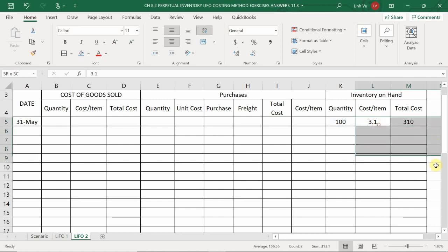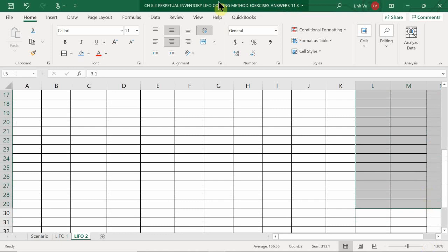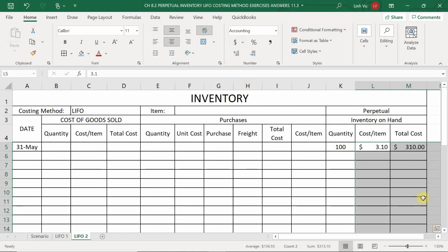I'm going to format this real quick. So this right here is 310, and that's what we started out with. Going forward, that's my beginning inventory. So when I continue doing the next problem, if I continue doing more purchases of inventory and I'm costing them out, at least I know that I'm going to start out with 100